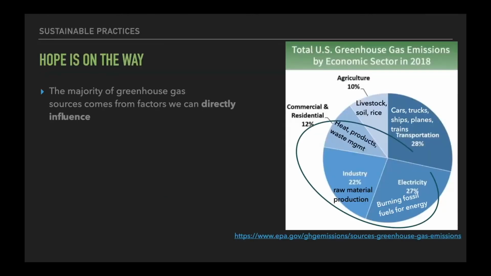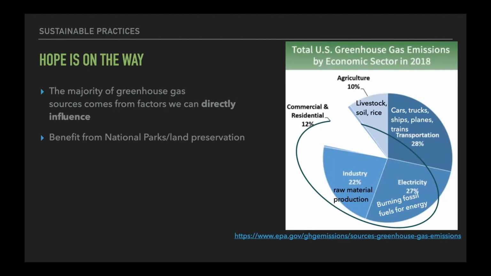So, again, the majority of the greenhouse gases that are produced are coming from things that we interact with. We're the ones that create the demands for raw materials. We're the ones who are using fossil fuels to use our energy, right, to keep our houses lit and warm. We are the ones who are buying these products that are potentially using greenhouse gases, and we are the ones in charge of waste management, right? But there's a lot of places for us to work.